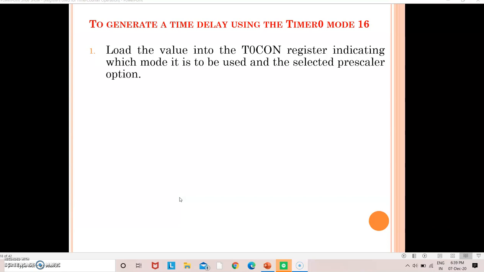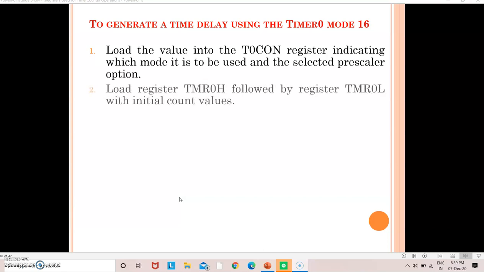Mode means whether I want to go for 8-bit or 16-bit. Then we need to load the timer 0 low byte as well as the high byte of the timer. That is nothing but the initial count value. From this value, the timer will start counting till FFFF.